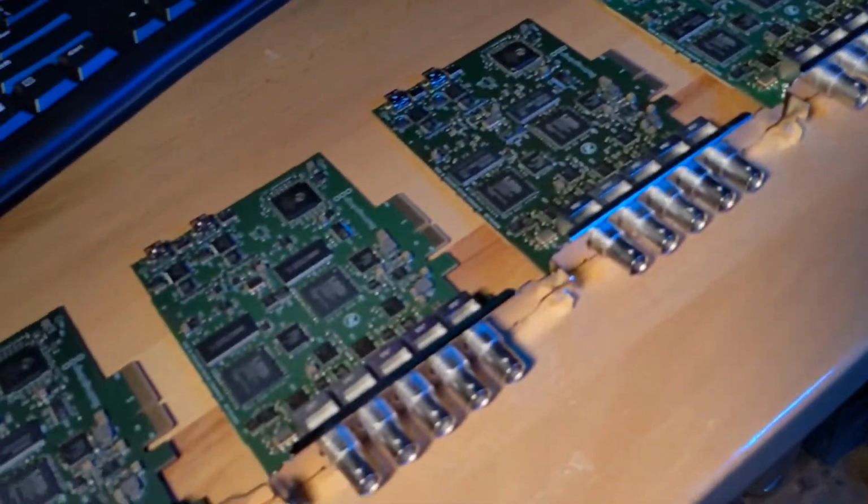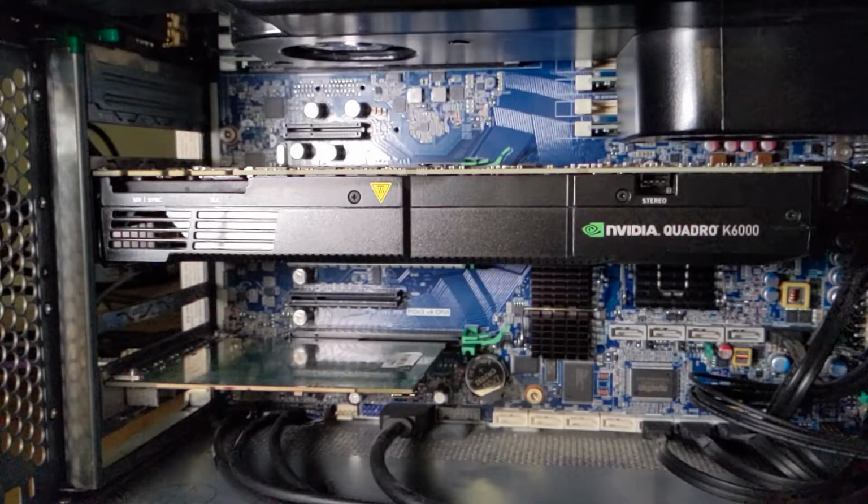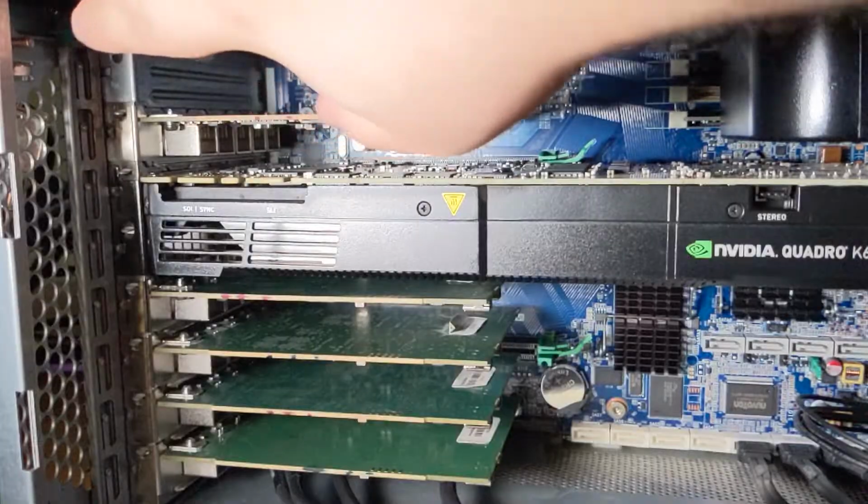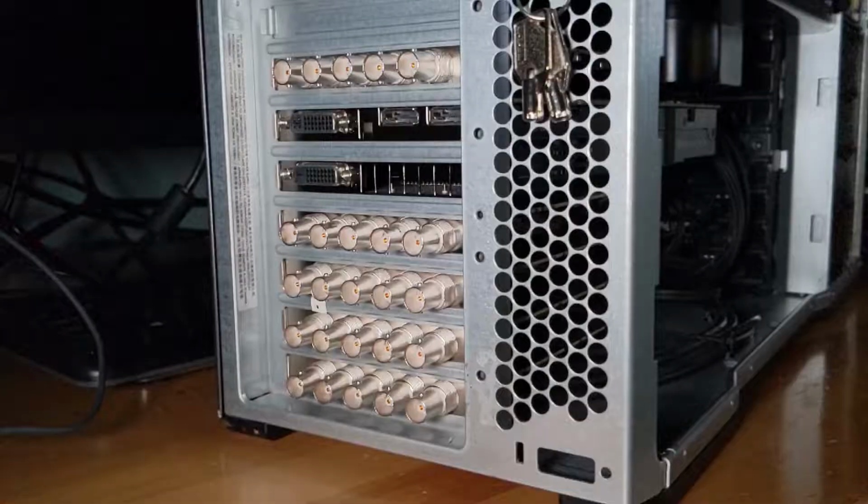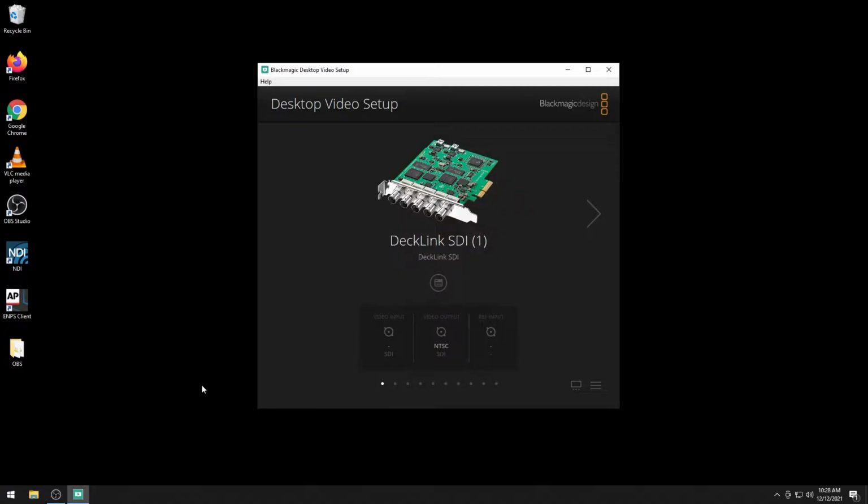First order of business, let's get all those Blackmagic cards installed. While I am well aware there are cards with higher input density, I did not have any of those available. Plus, I just love how absurd the back of the system looks once all these cards are in. It looks equally absurd to see all these channels show up in the setup software.